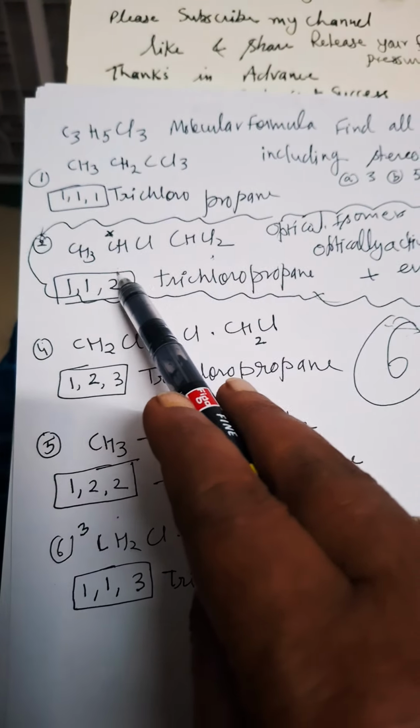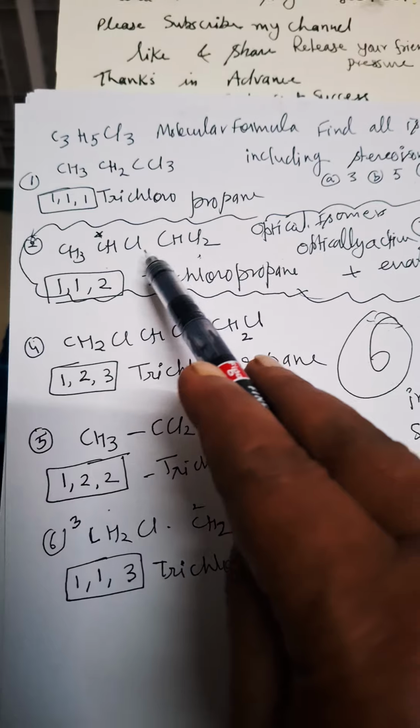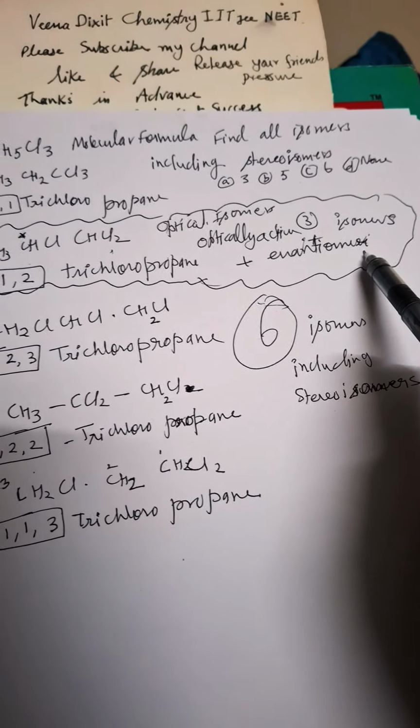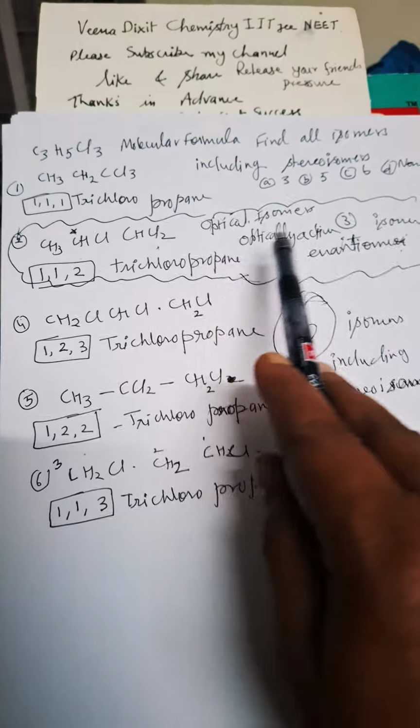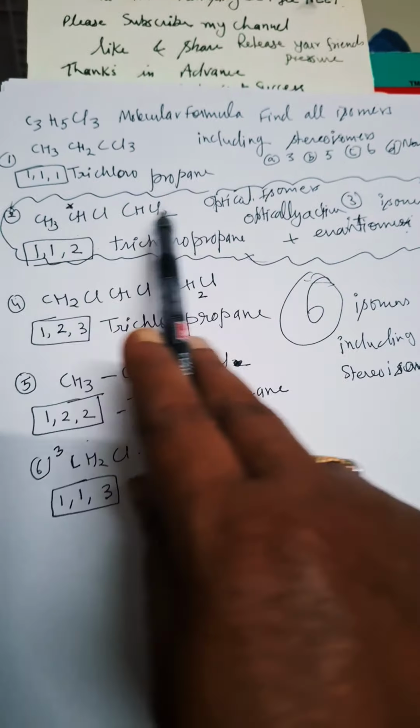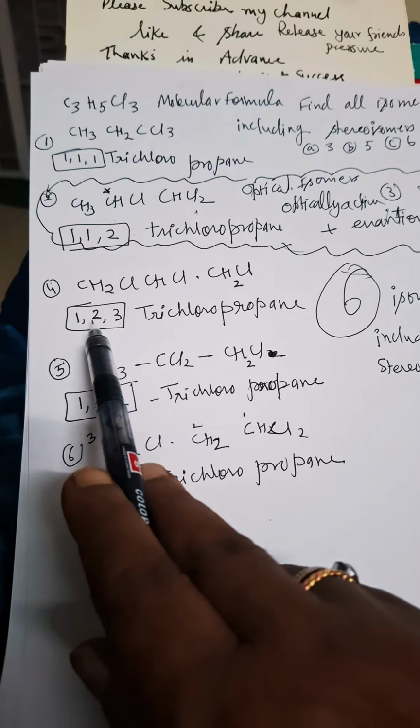And this carbon is a chiral carbon, so it is optically active. Since it is optically active, enantiomers are also present over here. So here there are a total of 2 optical isomers. Okay, so 1, 2 and 3 isomers we got. Now the fourth one here,